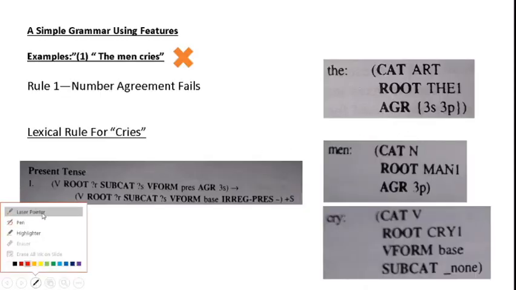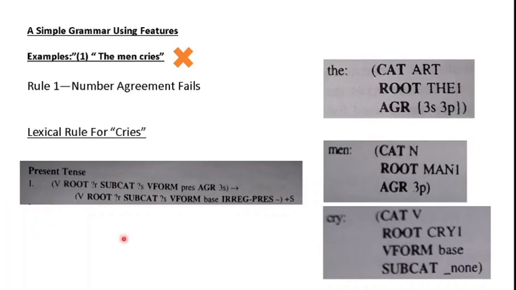So we saw how grammar can be represented in abbreviated form, and how grammar written in abbreviated form can be written in its expanded form. Note that the abbreviation and expansion are in terms of features and their values. Okay, now we will see how we will actually check whether a sentence is proper or not using such a grammatical representation.